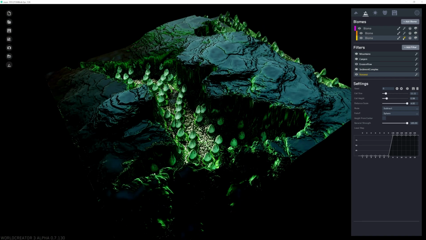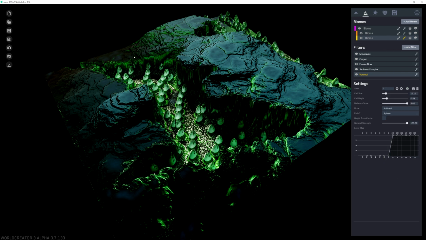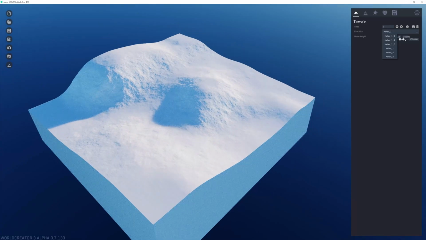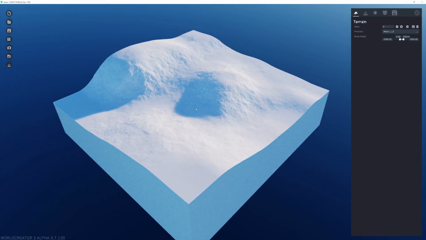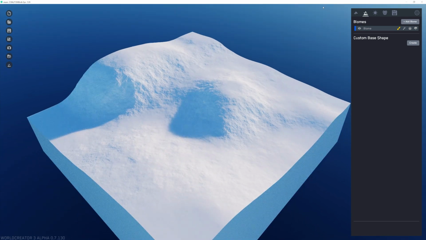Interesting. So there's been a few filters that were added since the last time we've updated, but that's not the big topic today. We'll just start a new project here and change our precision to 8 meters. So the new things that are going to be really interesting for everyone today. Hold on 1 second. All right. So the new features that are going to happen today are the height map imports, which is really cool. So in the custom base shape